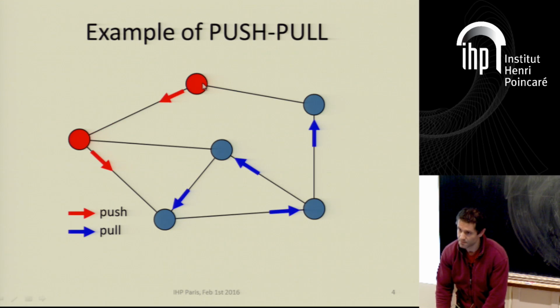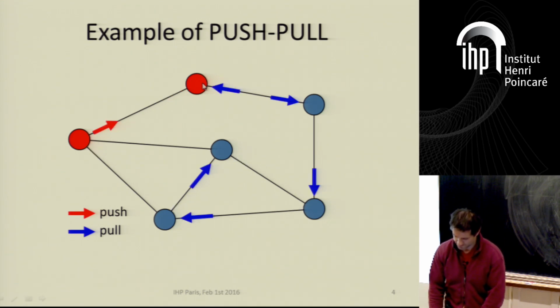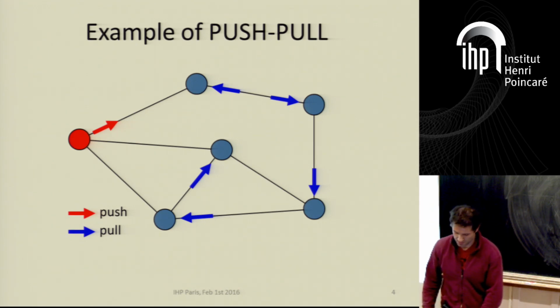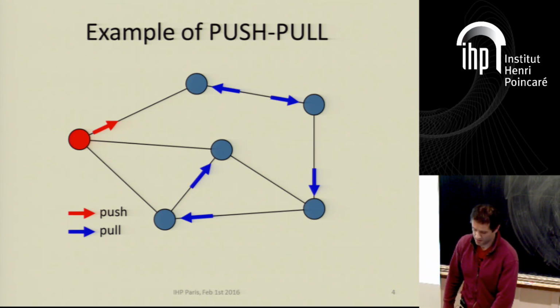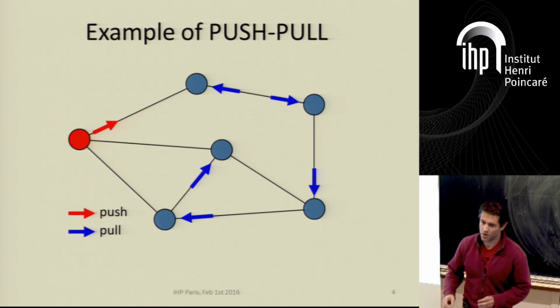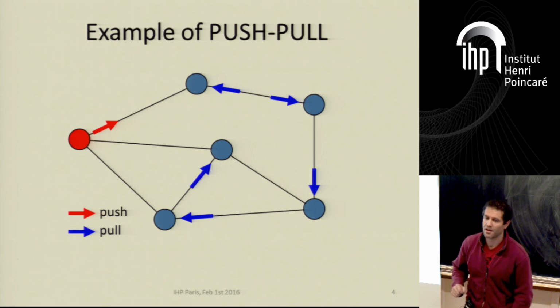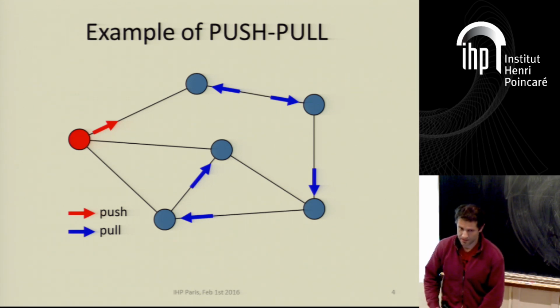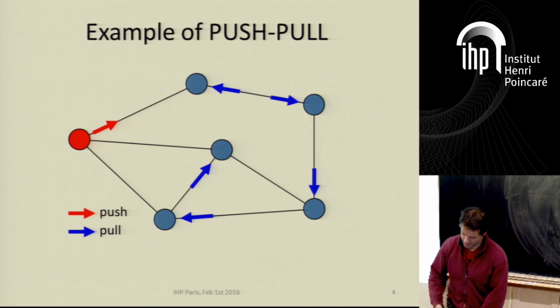In the next round, yes? It's not pulling from the first push. No, it's pulling from the other. I'm saying it's not pulling from this one, but it's still receiving the one from the pushing. So it's not that a rumor can only go when one pushes and the other pulls. No. In fact, yes. In fact, each node, as you will see in the next round.